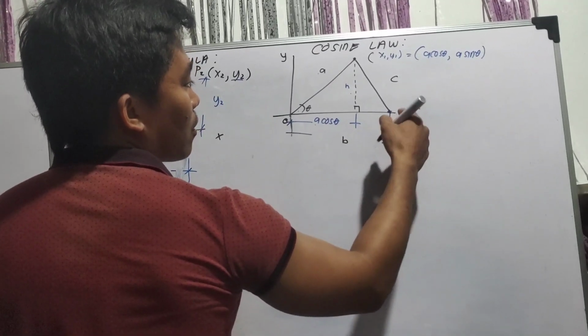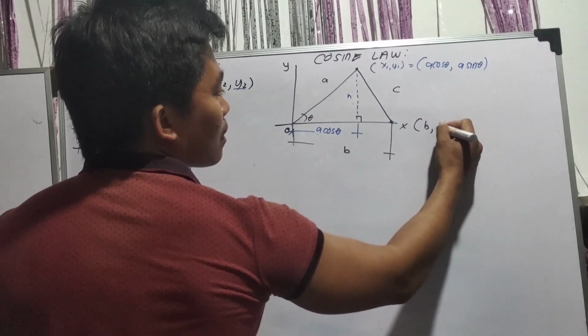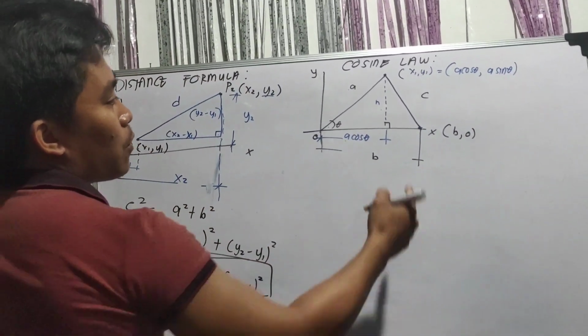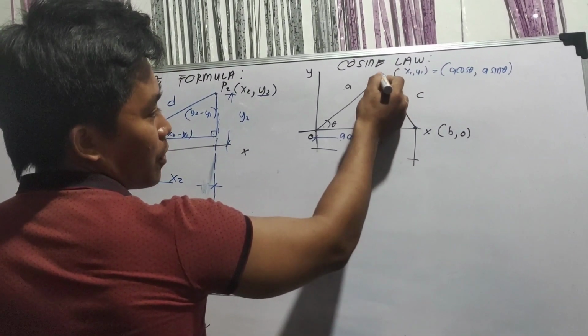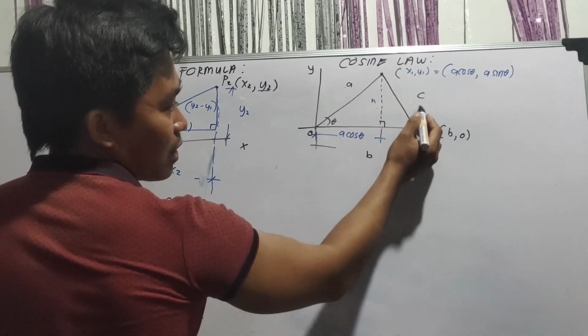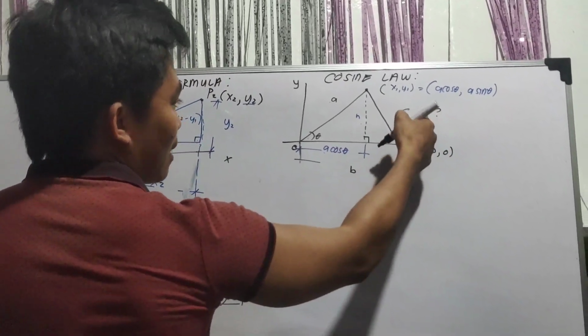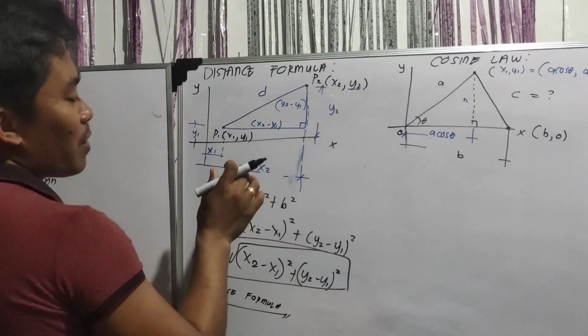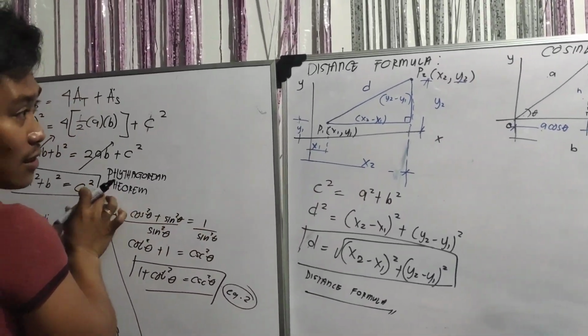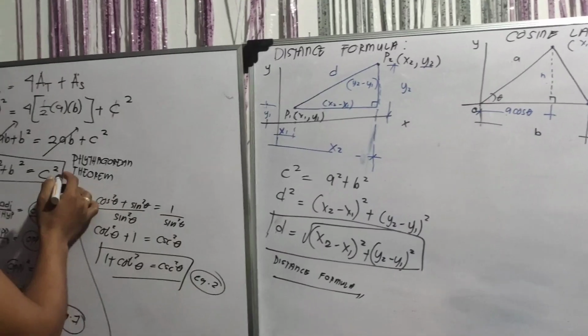So therefore, its coordinate is B, 0. Now, what if I compute the distance from this point up to this point, that is side C? What is that? Again, apply this. This is related to this, and this is related to this. Of course, all of this came from